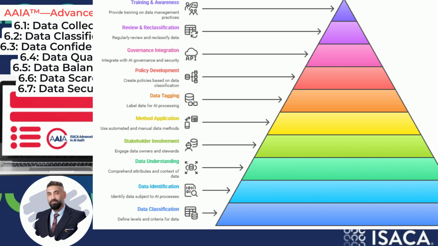It directly enables effective security and access control. By knowing the sensitivity of data, you can apply proportionate security measures. It's crucial for compliance with data protection and privacy regulations, which often mandate different handling procedures for different types of data. It aids in risk management by helping to identify high-risk data that requires more stringent protection. It contributes to data quality and relevance by ensuring that AI models are trained and operate on appropriately categorized and relevant data. It's a cornerstone of privacy protection, particularly for personal or sensitive information.